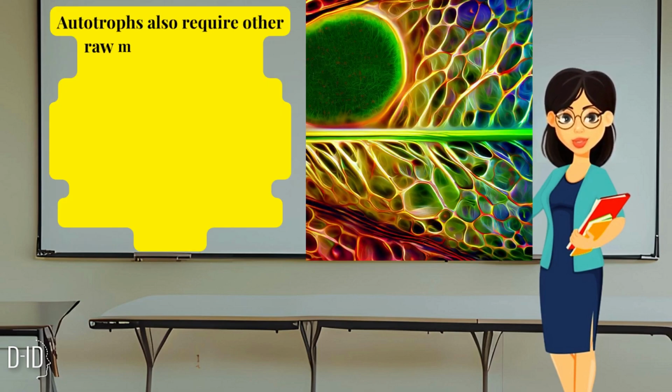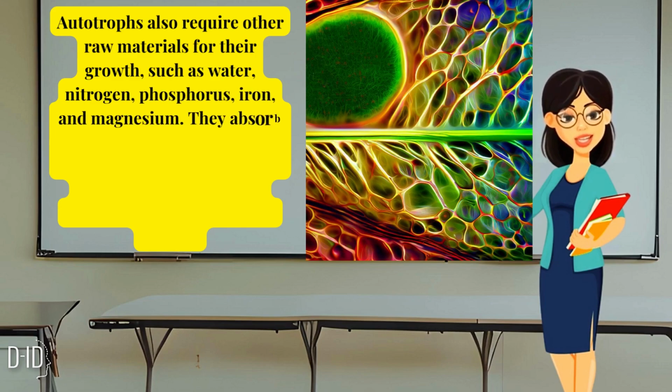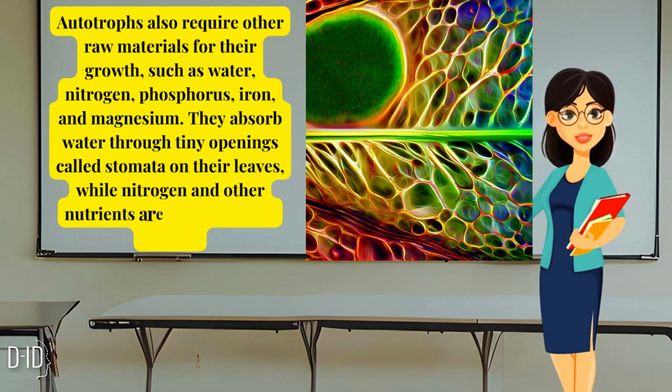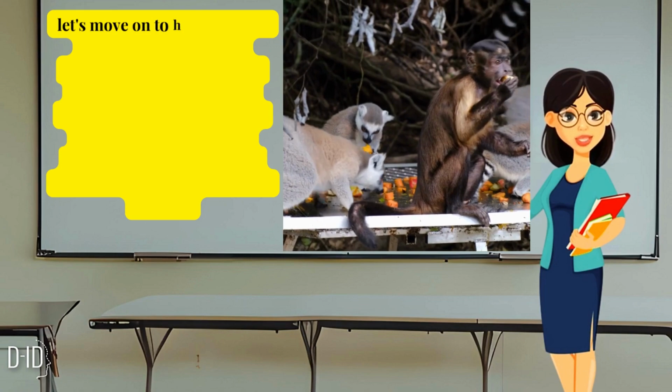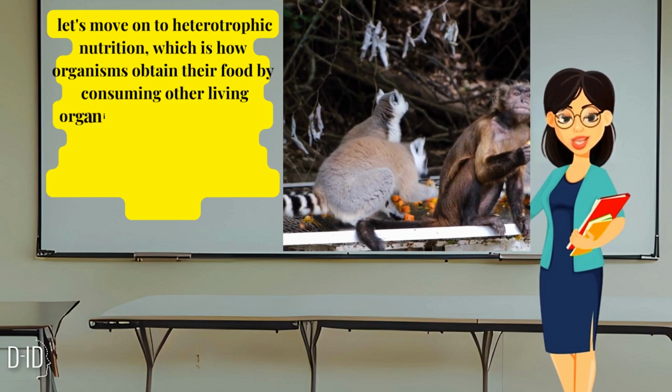Autotrophs also require other raw materials for their growth, such as water, nitrogen, phosphorus, iron, and magnesium. They absorb water through tiny openings called stomata on their leaves, while nitrogen and other nutrients are obtained from the soil. Now, let's move on to heterotrophic nutrition, which is how organisms obtain their food by consuming other living organisms